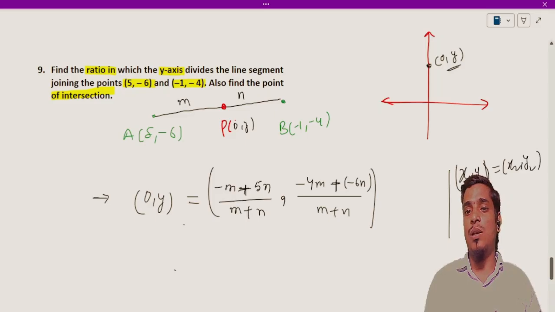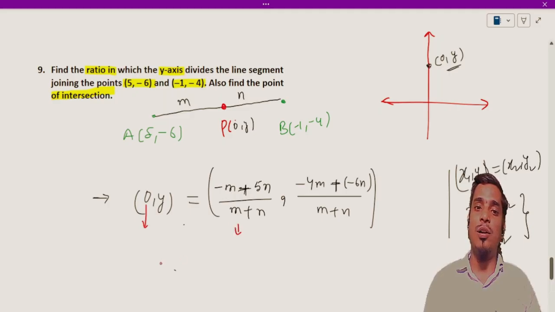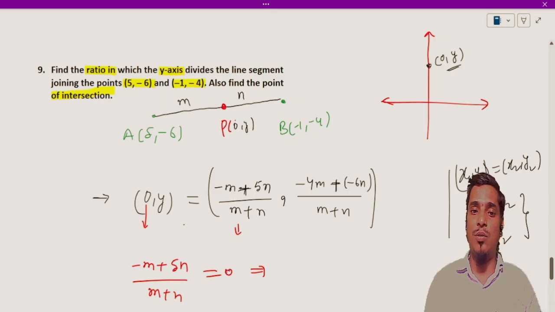This is possible only if x coordinate equals x coordinate and y coordinate equals y coordinate. With this, we can find that here the x coordinate is 0 and the x coordinate is (-m + 5n) by (m + n). So we can write this as (m + 5n) by (m + n) is equal to 0. Once we solve this, like this denominator, if we are shifting to the right, that will go as 0